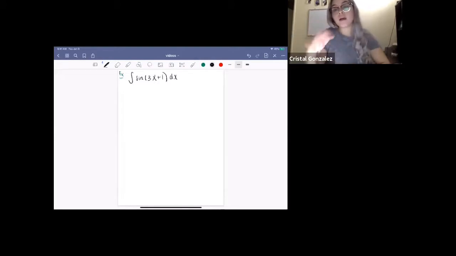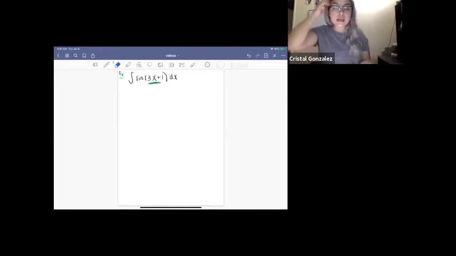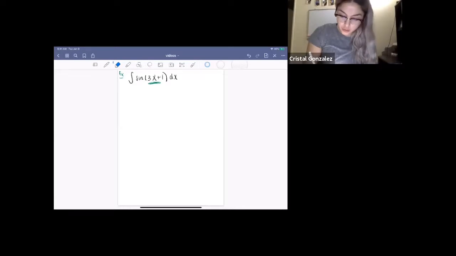So if we have the integral of sine 3x plus 1, right, we know from previously that the antiderivative or the integral of sine is definitely negative cosine. But that only was true for when we had just x or just a single variable in there. And I mentioned before, what if there's something else in there? What do we do? And the answer to that is we just do u substitution. We're going to let u equal this nice inside function. Like I said, it's going to be trapped in some parentheses, some type of craziness. And then so we're going to let u